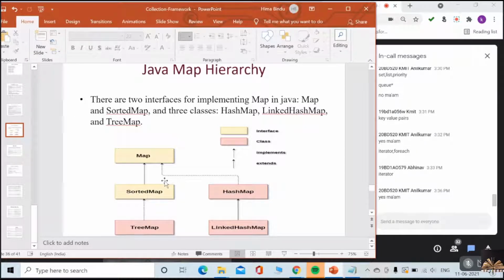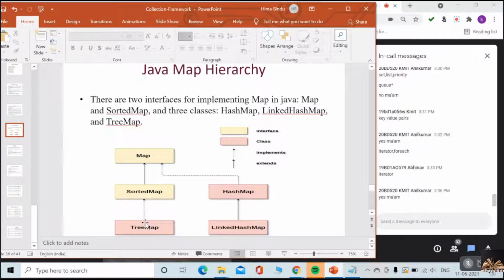Two interfaces we have. And the Map data structure is implemented by three classes. What are they? HashMap, LinkedHashMap, and also TreeMap. The Map interface is implemented by HashMap and LinkedHashMap, and SortedMap is implemented by TreeMap.